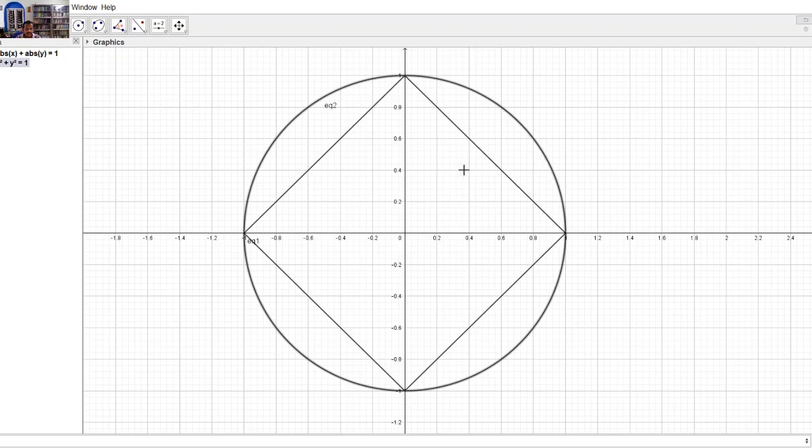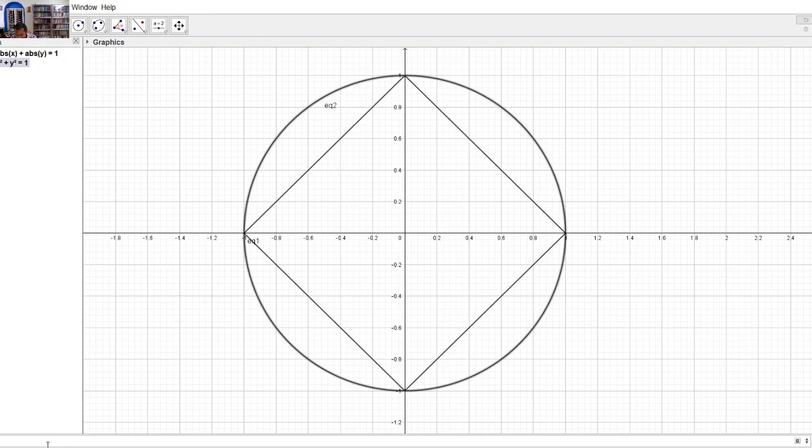So this is the first one. This box is the unit circle in R2 with 1 norm, and this is the unit circle in R2 with the 2 norm, that is in Euclidean space. And you consider